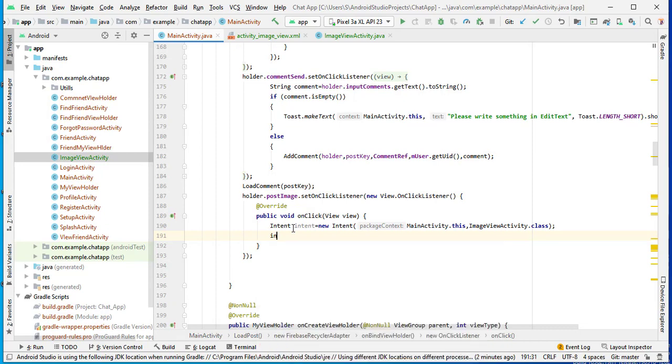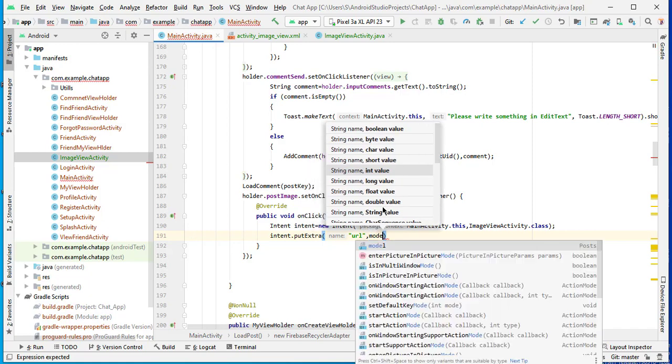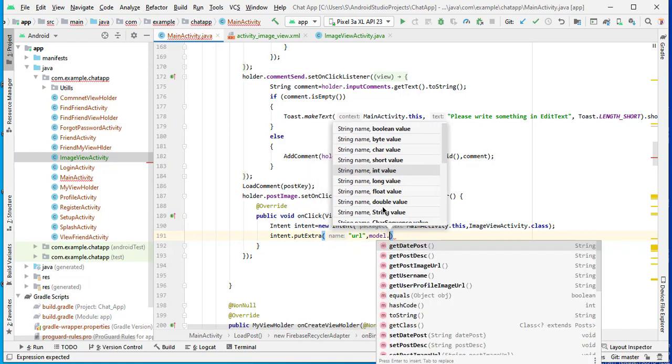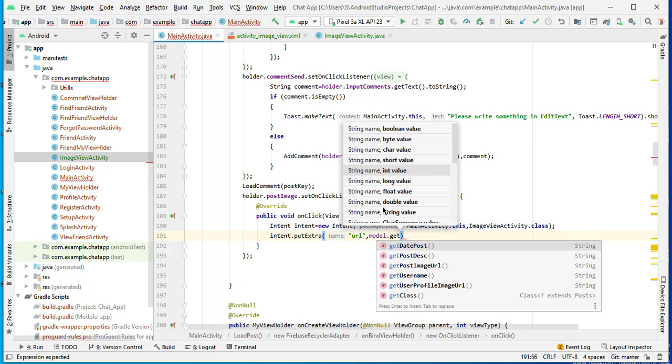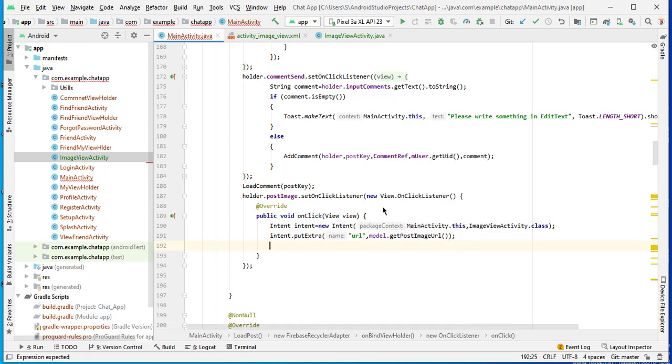So intent dot put string extra. So put extra, and here I will call it URL, and here we need to pass our image URL. So here we need to get URL. So I will get the URL from model dot get image post image URL, and finally we need to start our activity. So I will call it start activity and pass the intent.